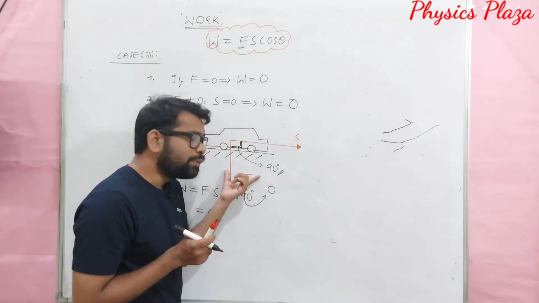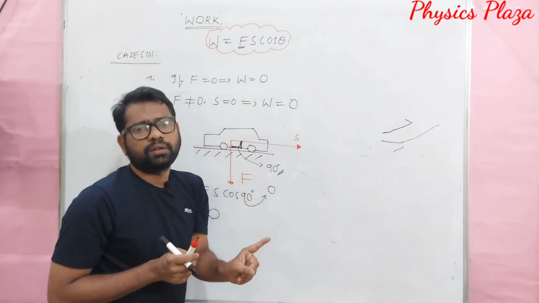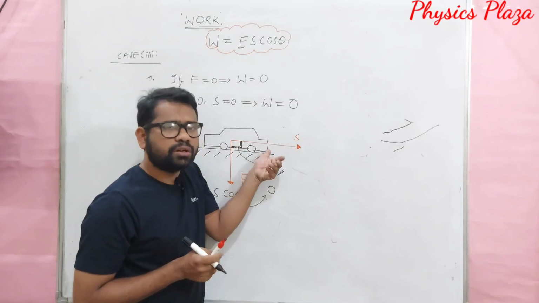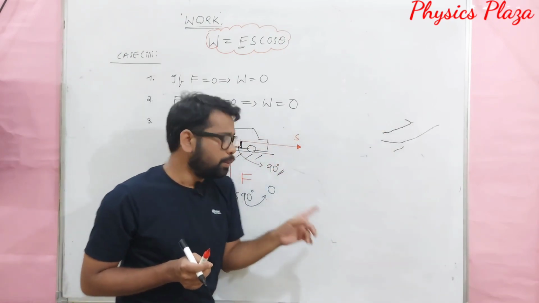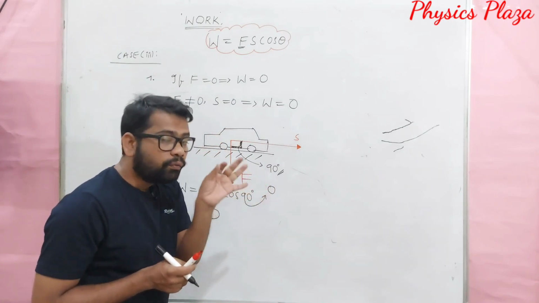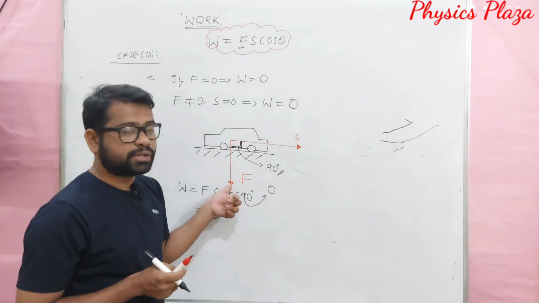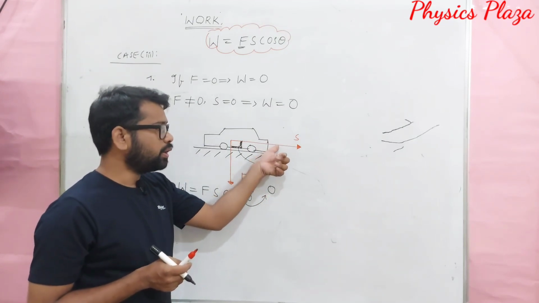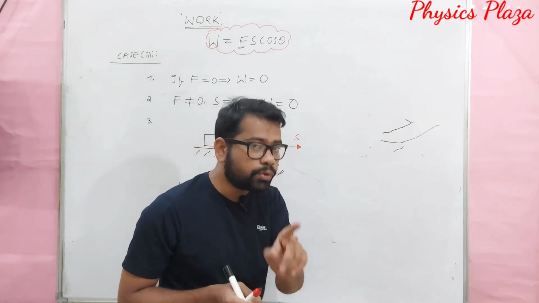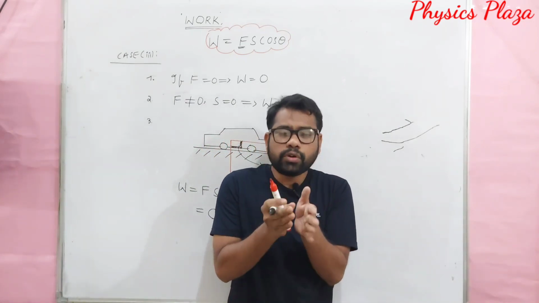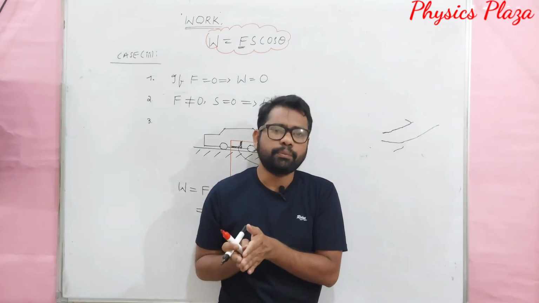Children, here strictly I am talking about work done by the gravitational force. Please note down that. If you think about work done by the engine, yes, it is doing work, so that only the body is moving here. That is okay. But strictly I am talking about work done by the gravitational force. This force is perpendicular to the displacement, so I can say that the work done by the gravitational force is 0. Children, mentioning the force is mandatory. Which force is doing the work is very important. We have to mention it.